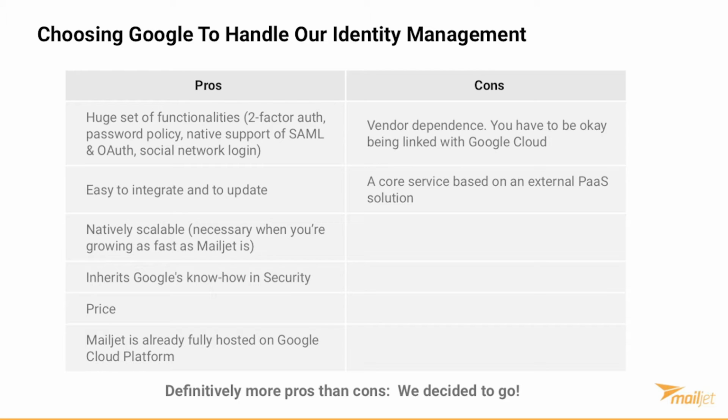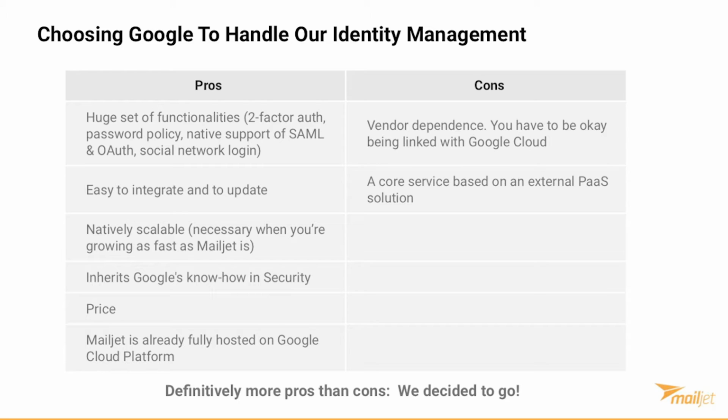So why did we choose Google? Good question. It took time. First of all, we had to decide that we were able to externalize that solution, because it's really sensitive, it's critical. So sometimes it's quite hard to externalize. So first we decided to go for an externalization, and then we had to choose the partner.